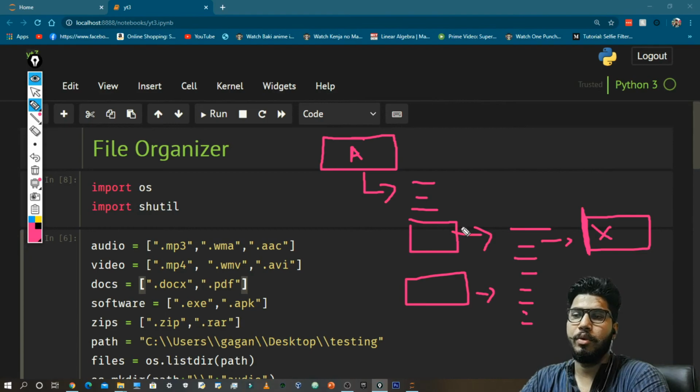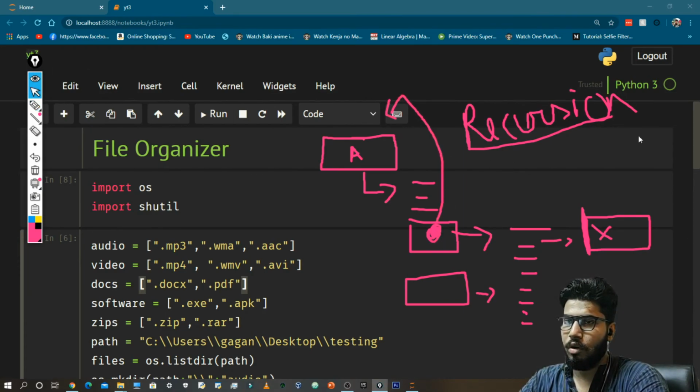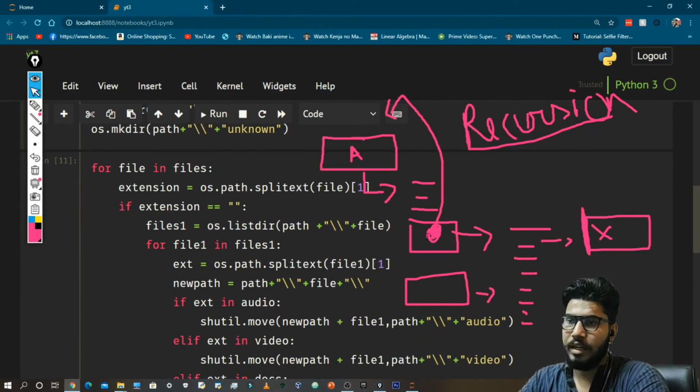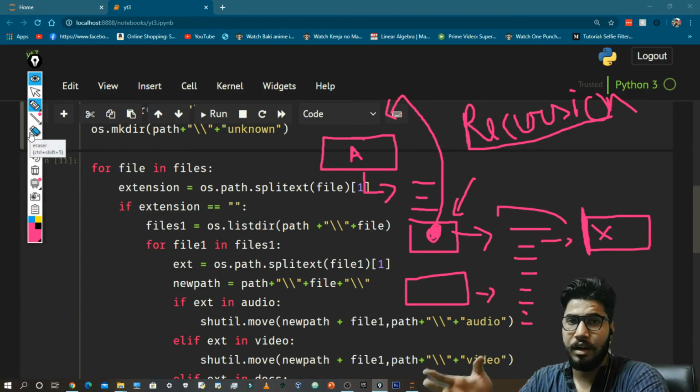So what do we need to do? Let me give you a hint. It is called recursion. So you need to use recursion, and whenever you have another folder inside a folder, you will call the same function. So you will put all of this code inside a function, and you will call this function. So it is again going to run it. Now this folder will be its main folder. And similarly it is going to be okay even if it has like 100 folders inside a folder, so it will not be a problem for that.